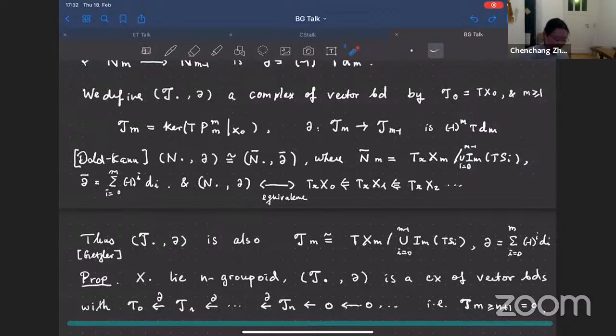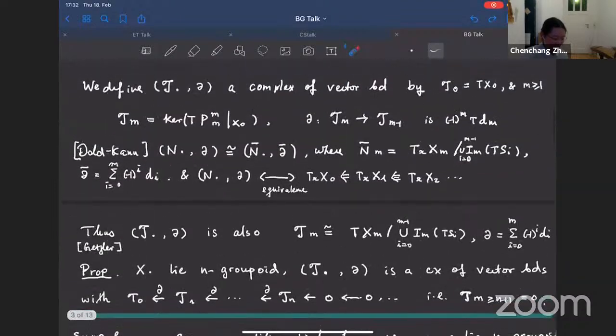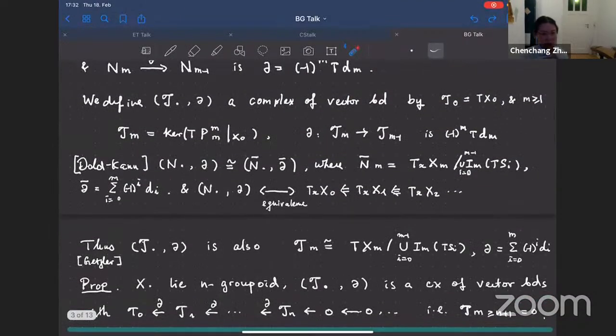So that's our tangent complex, and it's going to be important for us to see whether the symplectic form is degenerate or not, right? Because we sort of wish,